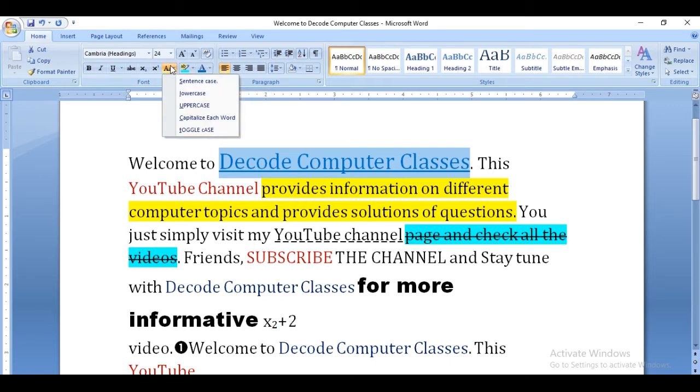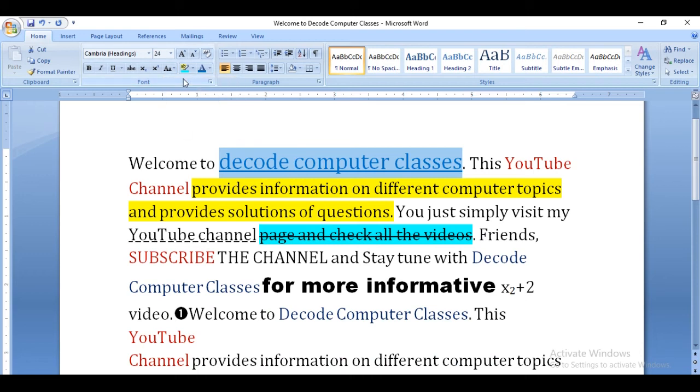So first click on this. There are 5 types of change case options. Okay, so first is sentence case. So what does sentence case mean? See the changes, did you notice that? Every sentence you select is converted into sentence case, meaning there is no capitalization in that sentence case, right? So it works like normal sentence, normal typing you do.